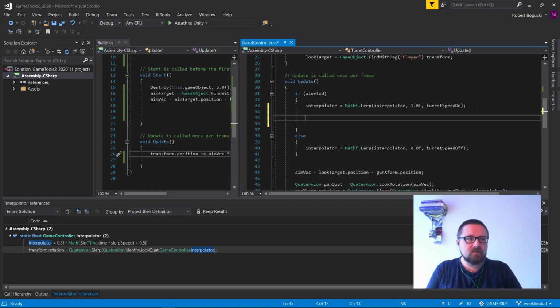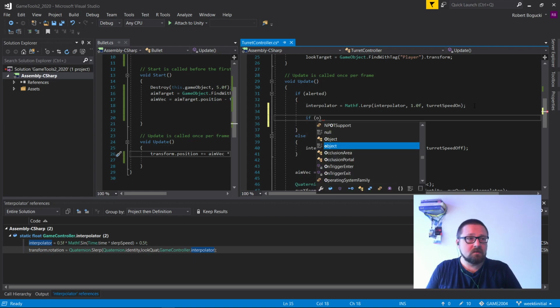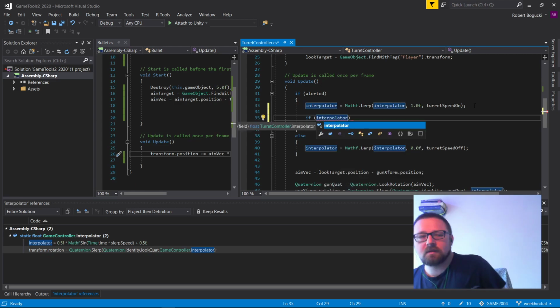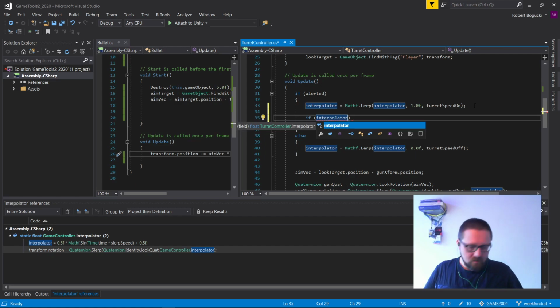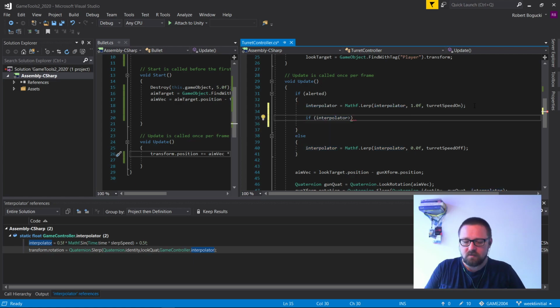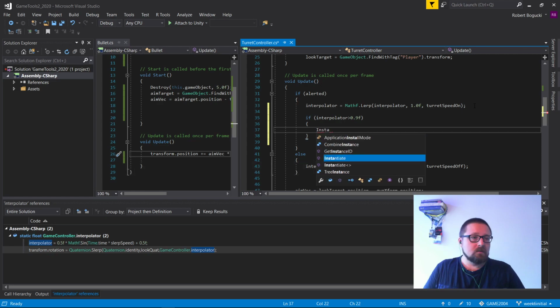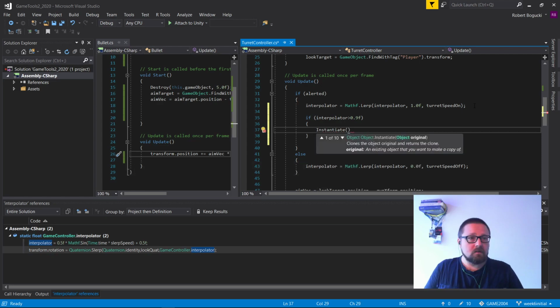The interpolator is our turret activation thing, as it tells us how close the turret is to pointing at the player. So let's say if the interpolator is larger than 0.9 float, we'll instantiate